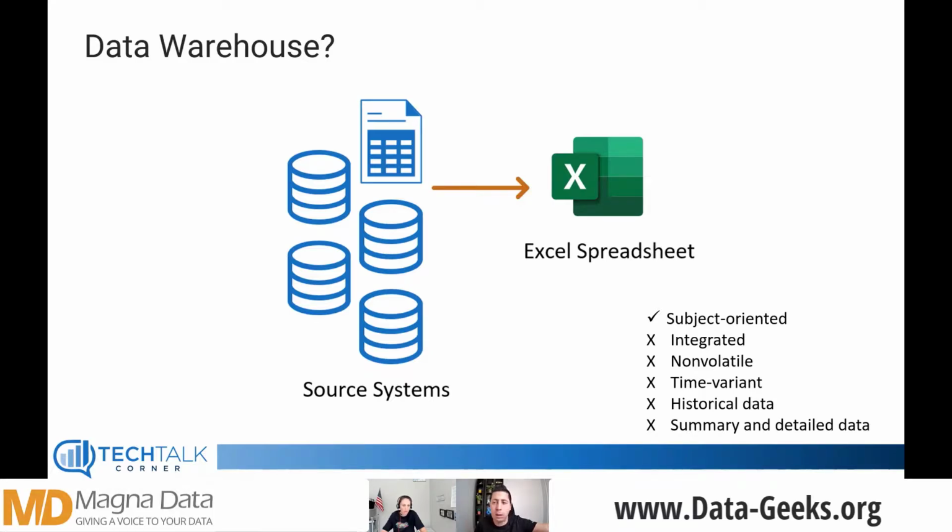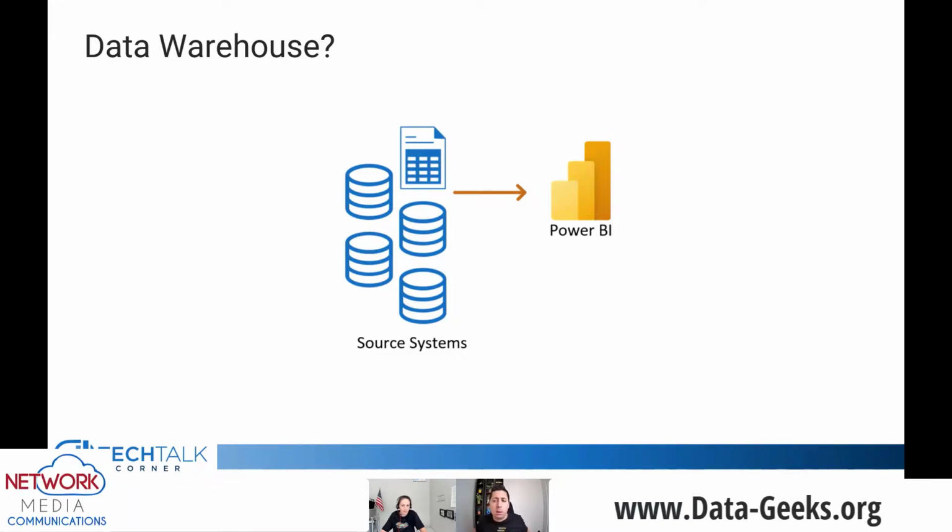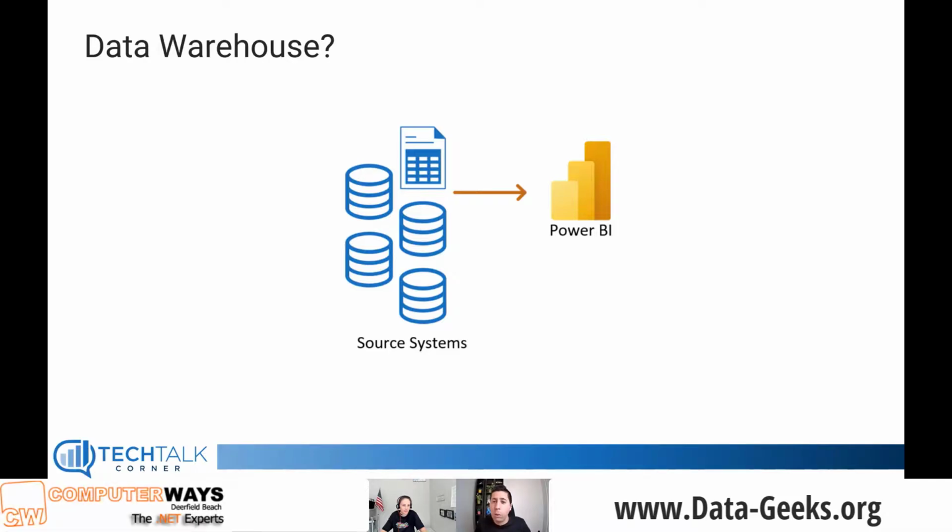You can guess which one is the next one. It'll be Power BI. Can we build a data warehouse in Power BI just by importing the information into Power BI? Imagine that because Power BI offers a lot of connectors. Fair enough, right? We have more than 100 connectors, I believe. So potentially we can bring information from all the systems and put it in a single Power BI report. So subject-oriented, yes, why not?